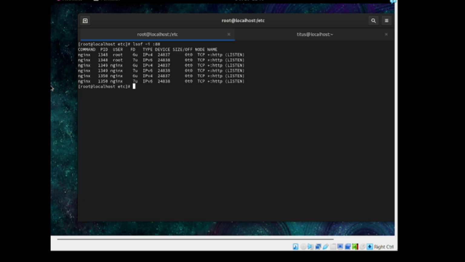Okay, and we see that the lsof command is going to be showing us every open network file descriptor that